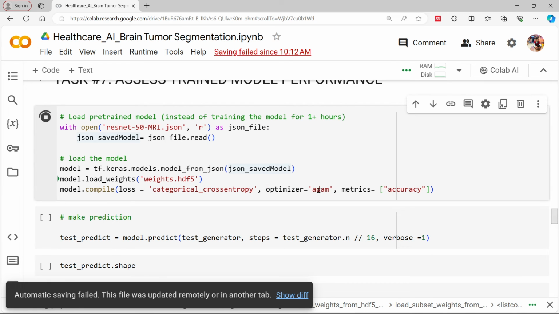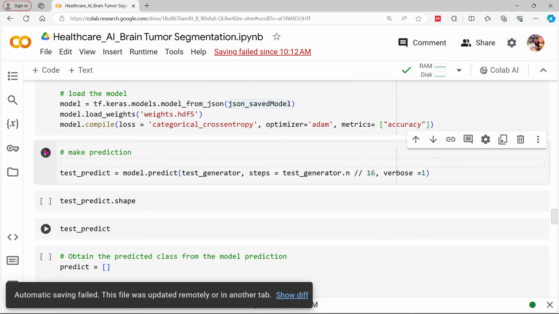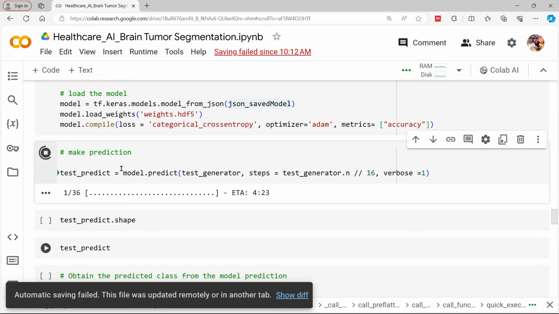Here we have used the Adam optimizer, and the metrics parameter is accuracy, right? Then again I'm going to use this test prediction for the test generator, right? Once it has been predicted, we can use the same variable for further purposes. Here it is taking around 5 to 10 minutes, then it will be ready to use. So I'm going to pause this video so that it will be compiled for all 36 steps, right? All right, so all my epochs are